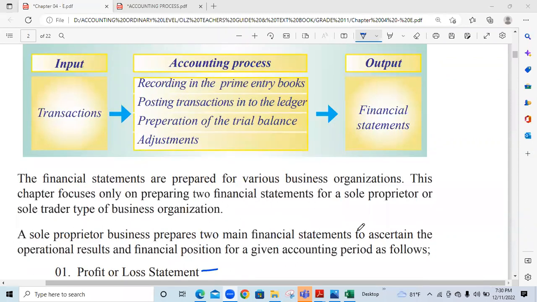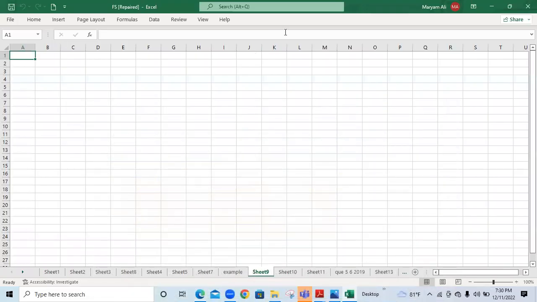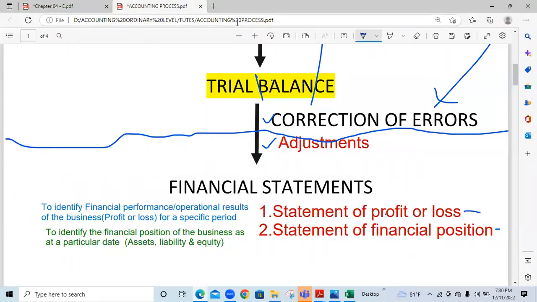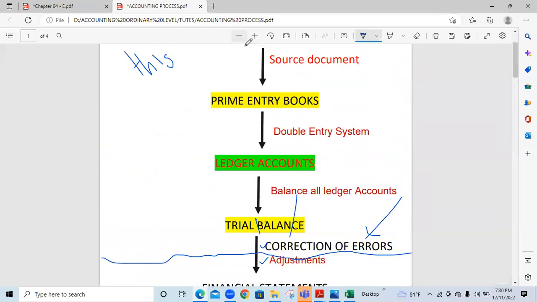See, guys, the accounting process. First of all, input. Input is the transaction and event, the day-to-day transactions and events happening in the business. And then, guys, after that, the accounting process, which I explained to you all. So if I show the diagram which I was explaining before here, okay,